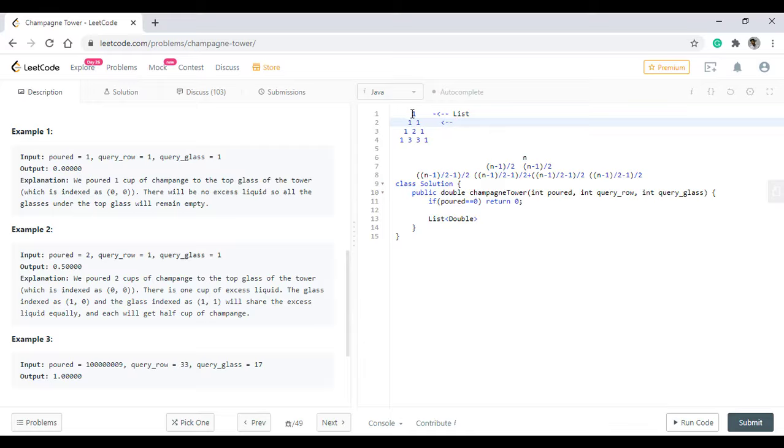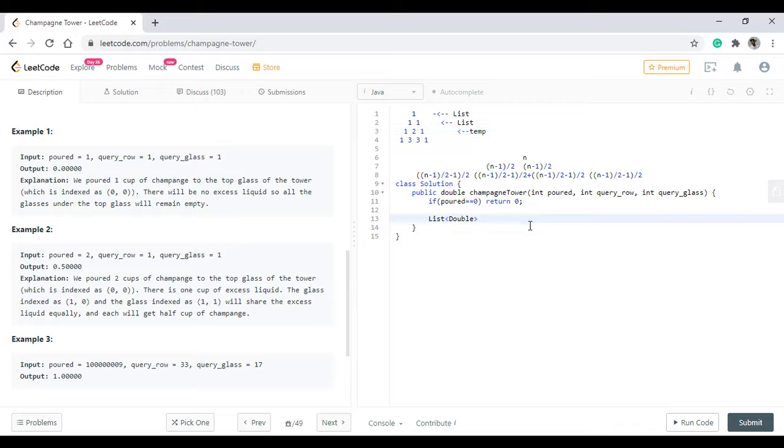As we know, we can create the second row with the help of the first row in the Pascal's triangle. So this will become our temp value. Now when we have this temp value, we'll make temp the new list, and create the third row, and in that fashion we can proceed further.